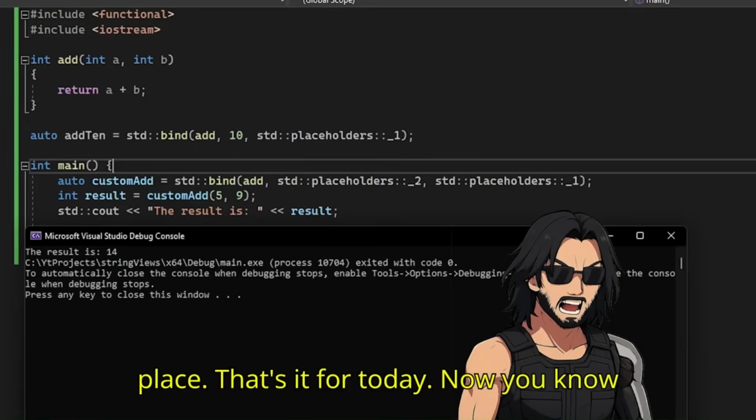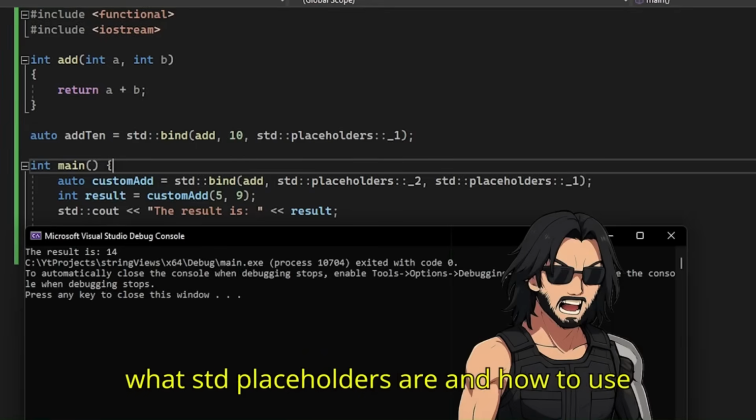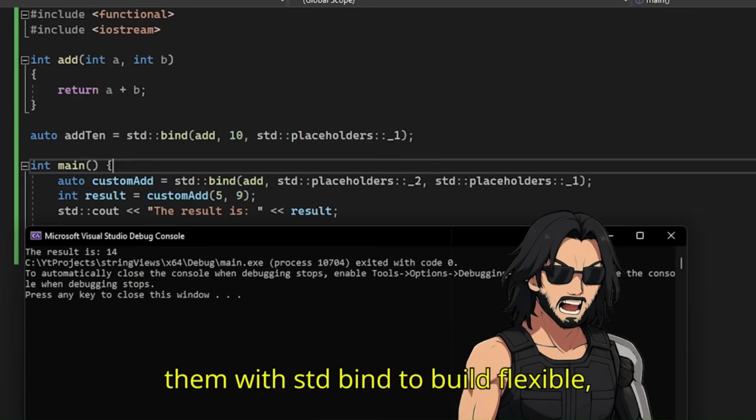That's it for today. Now you know what std::placeholders are and how to use them with std::bind to build flexible,